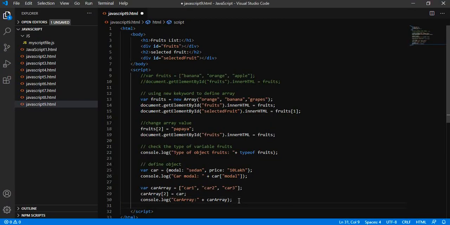If we individually try to print, what will this be printing?